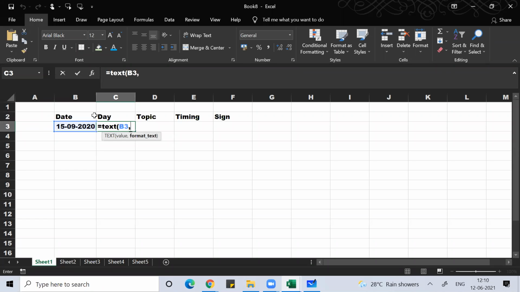Then under double quotes, write d. It doesn't matter how many times you write d, I just checked this. Write d, close the bracket and just enter. So it will give you the day, which was the day.